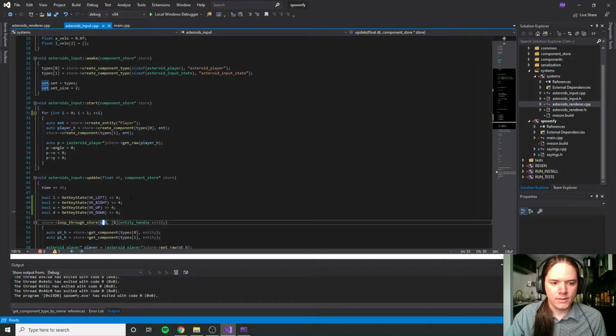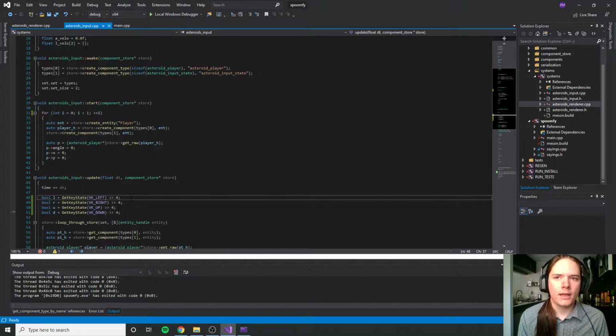That'll be useful when our input querying is being done somewhere else, but right now we're just querying it right in the update loop, because we have this temporary